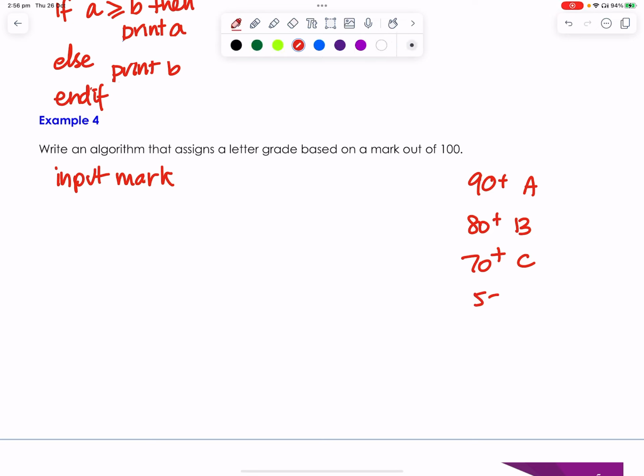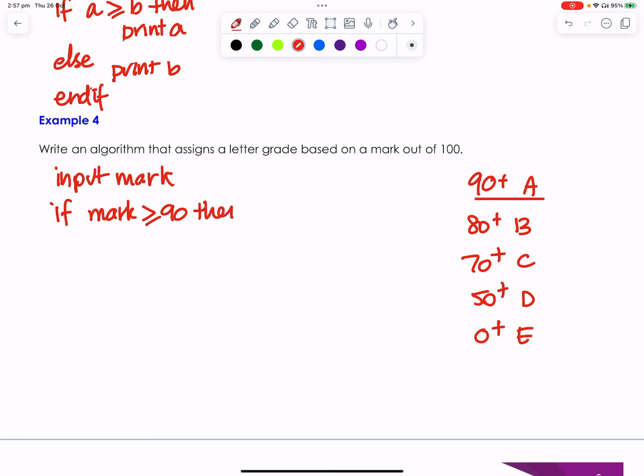55 plus is a D. And then, let's go 50 plus. 50 plus is a D. And then 0 plus is an E. So if we get 90 or above, we get an A. So if our mark is greater than or equal to 90, then